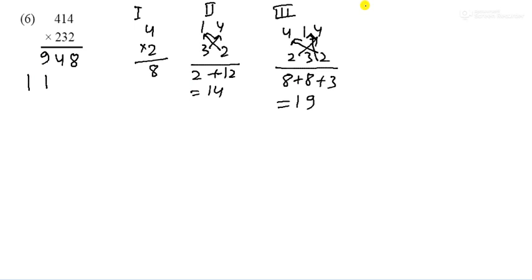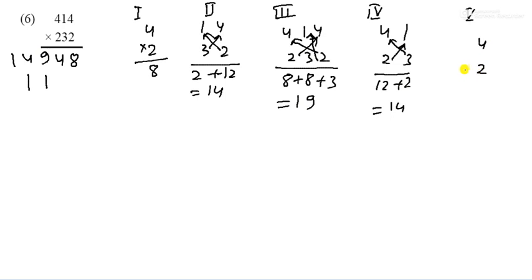Now step third is 4 1 4, and here is 2 3 2. So first of all multiply this, 4 2 ja 8, and second was 2 4 ja 8, and third one is 3 1 ja 3. So what will happen? It is 19. So 19, that is the 9 here and 1 carried out.